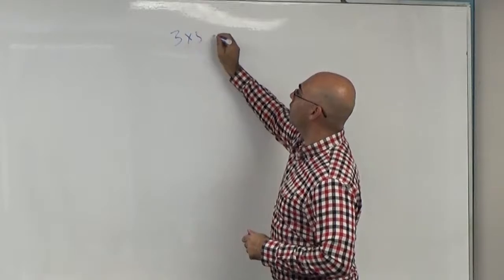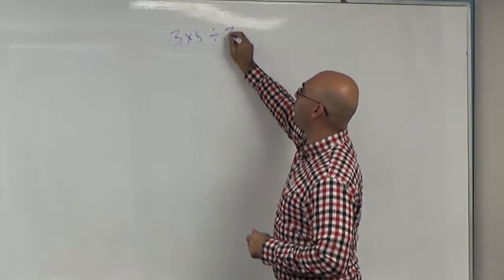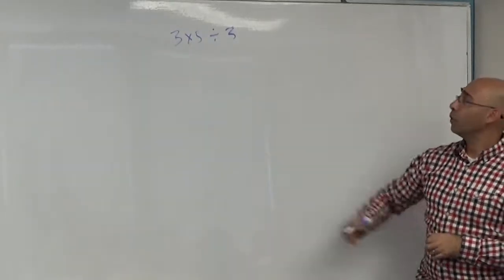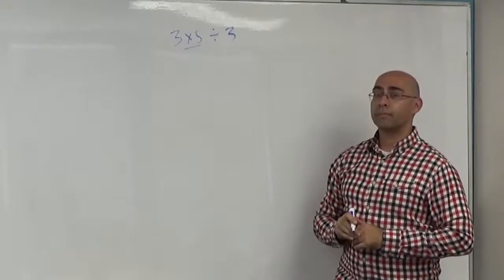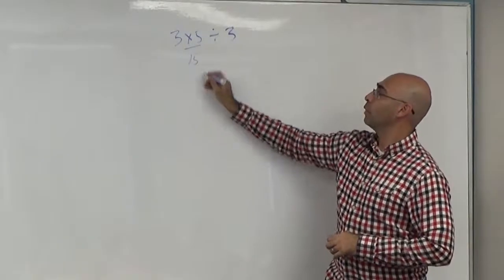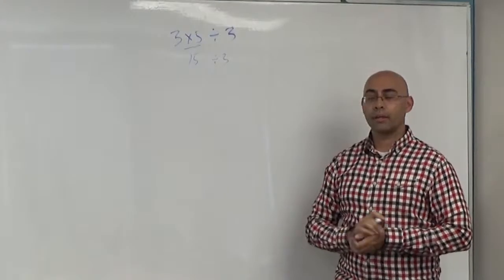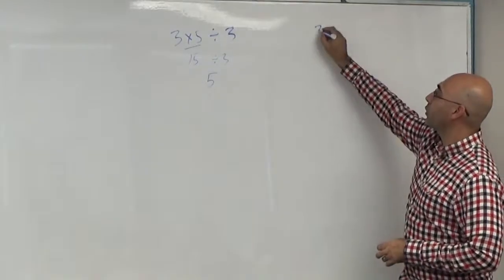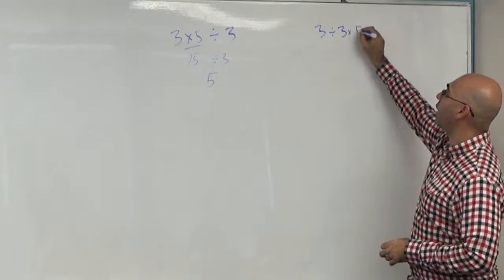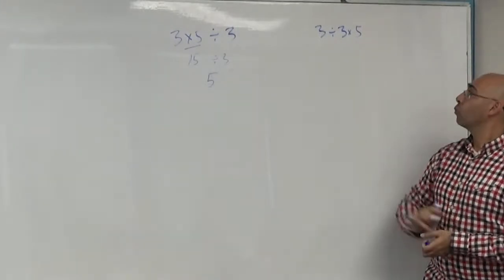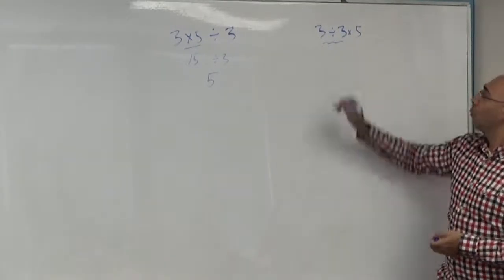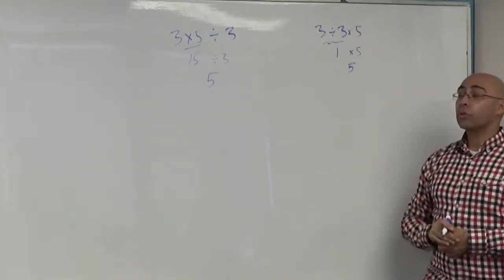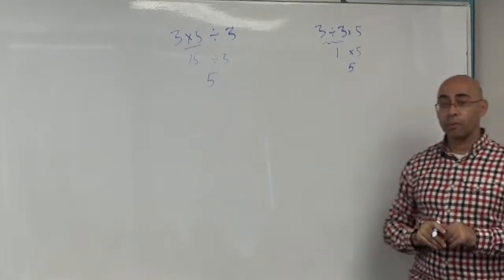3 times 5 divided by 3. Now watch this. What's 3 times 5? 15. What's 15 divided by 3? 5. Now I'm going to rearrange it. 3 divided by 3 times 5. What's 3 divided by 3? 1. What's 1 times 5? 5. So you can rearrange even division problems, but